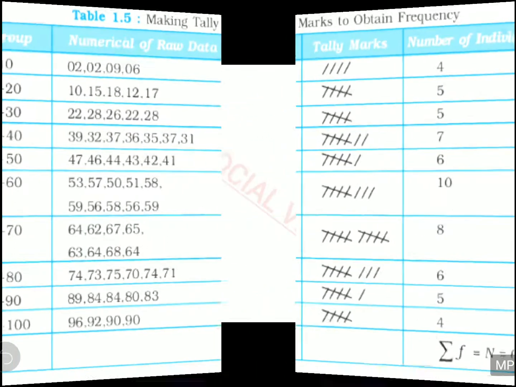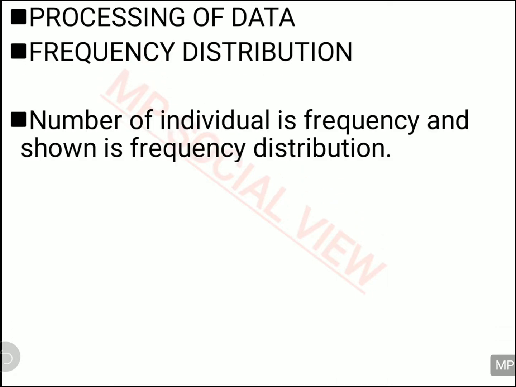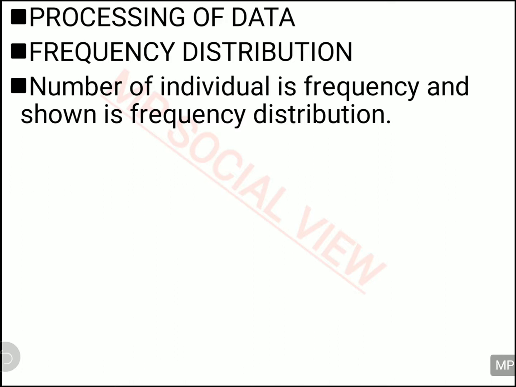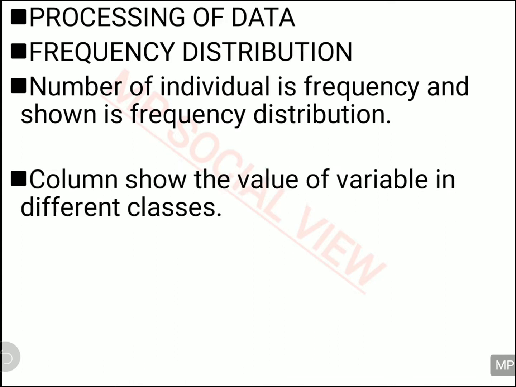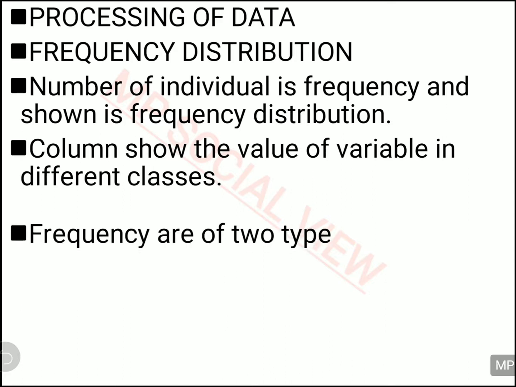And when you make the whole table, you get the data presented in the tally marks or cross method. And after that you have to see about the frequency distribution. So what does frequency mean? Frequency is the number of persons or individuals in a particular class. For example, in the previous table we saw that in between 0 to 10, 4 people are coming. So here the 4 is the frequency. Alright, so frequency is actually the value of variable or number of variable in different classes.